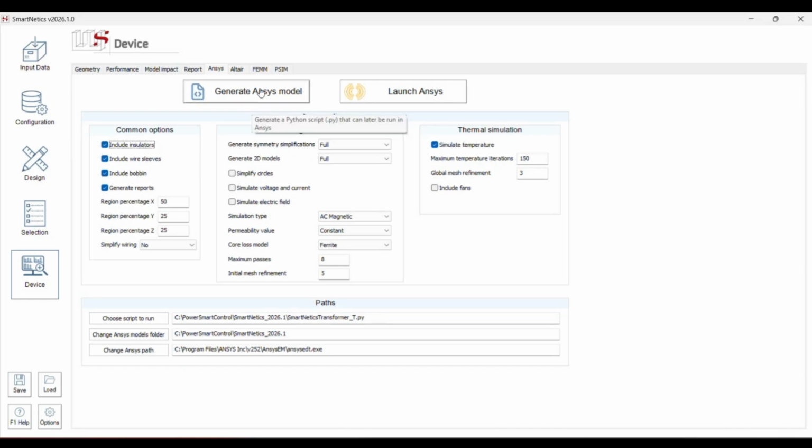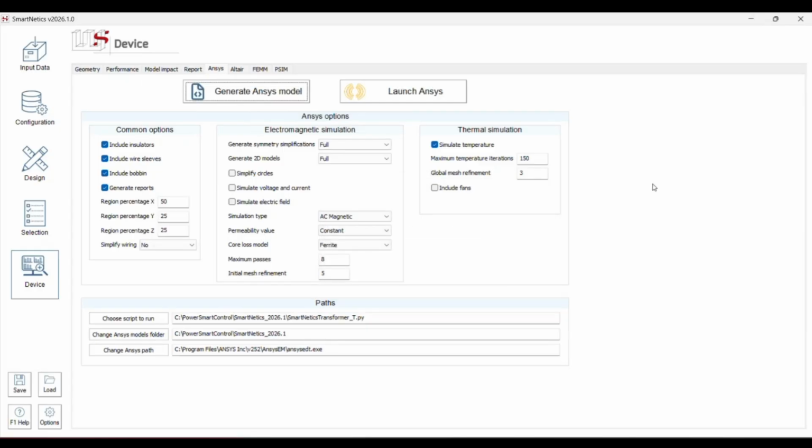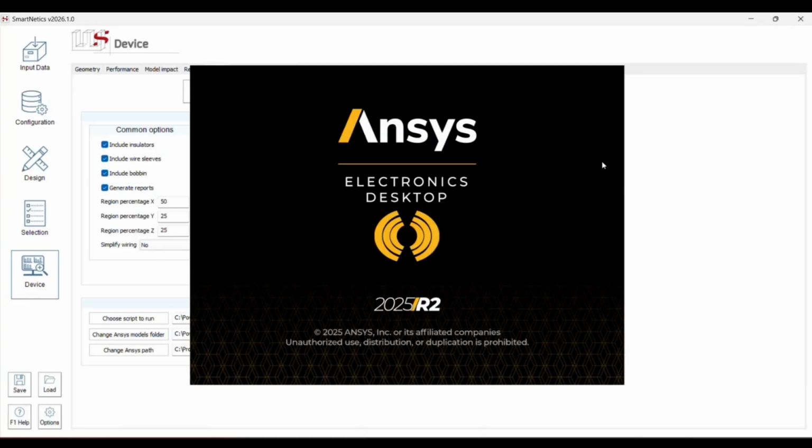You can generate a model of your device, and you can run the simulation in this computer, or if you don't have, for example, an ANSYS license in here, you can send your model to a different person that has an ANSYS license and run the simulation in another computer. In this case, I will launch the simulation in here because ANSYS has provided us a license for this kind of demos.